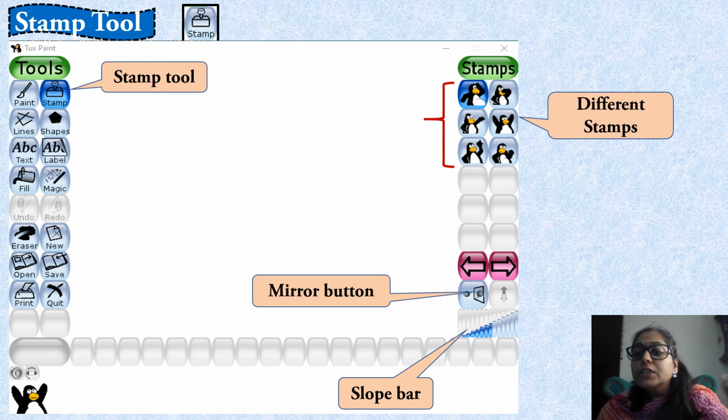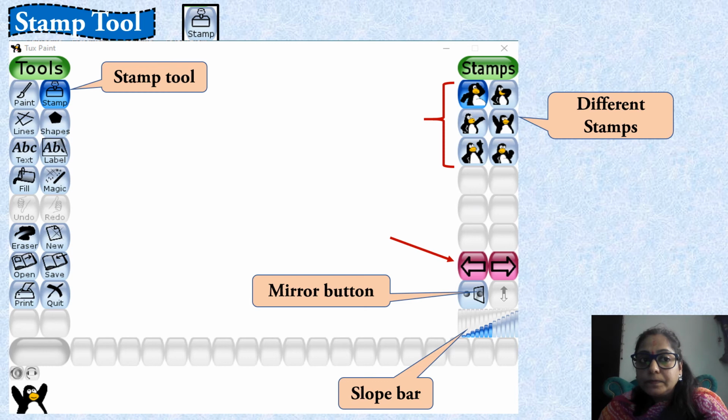And using these right and left arrows, we can go further to the next stamp. When we download more stamps, we can use these arrows to use more stamps. Like this, you can use stamp tool.